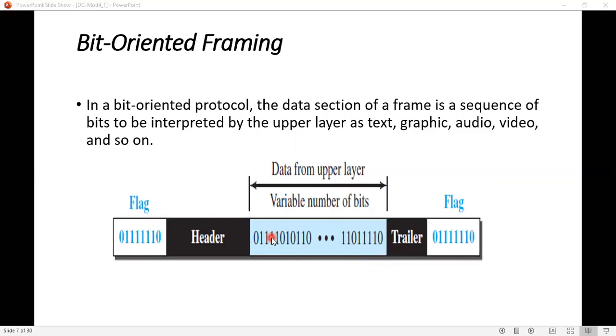But that shouldn't happen, right? You want the receiver to understand that it is not the end of the frame, but part of the data sent from the sender. For that, you have to use something called bit stuffing.